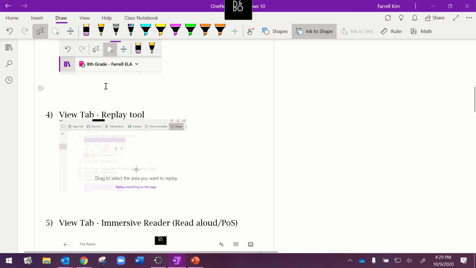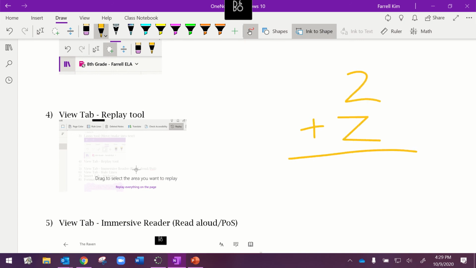The next tool is the replay tool. This can be used in any class, but I imagine it would be very helpful, for example, in a math class. If you were doing a longer equation, my shapes are still on. If you're doing a longer equation and you want your students to be able to see how you did it,